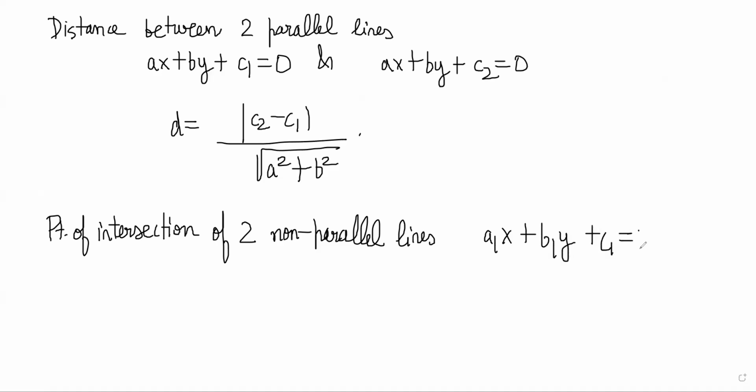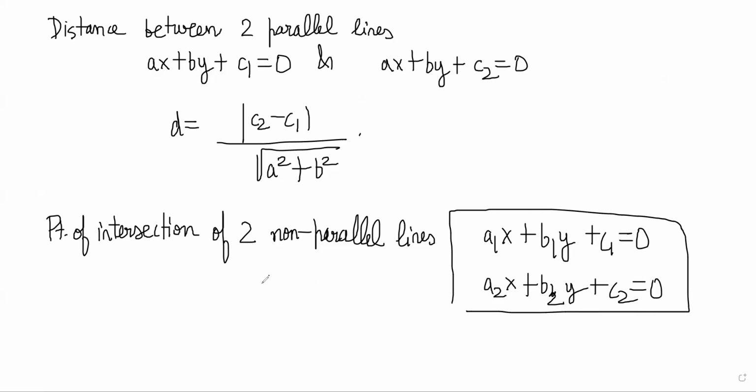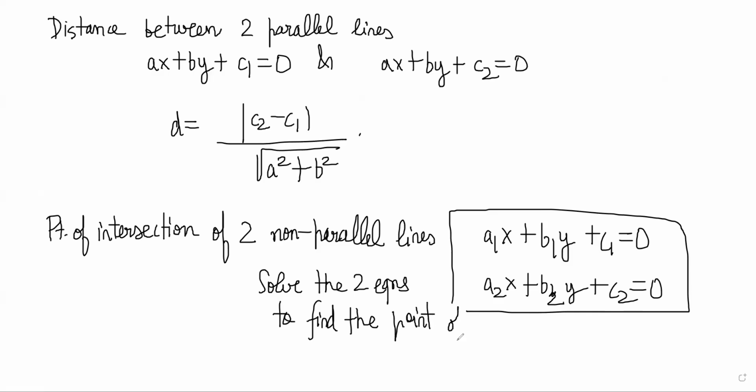If you have two lines like this, one line is this, one line is this, all you have to do here is solve the two equations to find the relevant intersection point. You should not try to remember, obviously, the formula for this. It is simple linear equations. You have to solve the two equations to find the point, right? Okay. Then